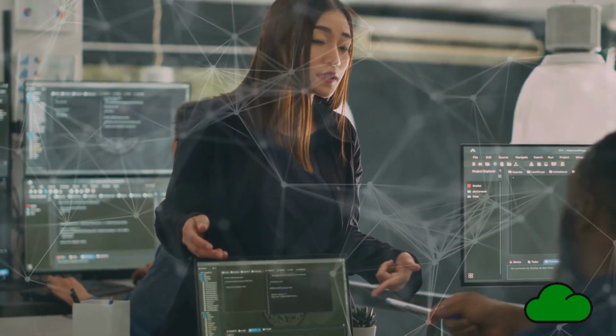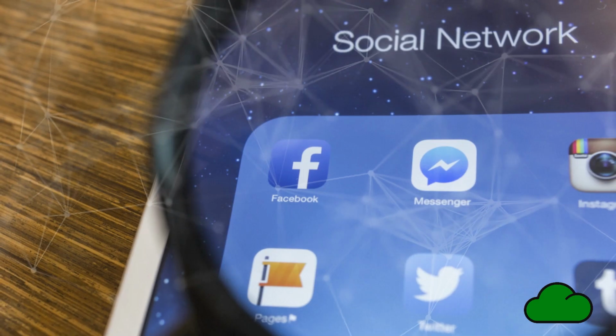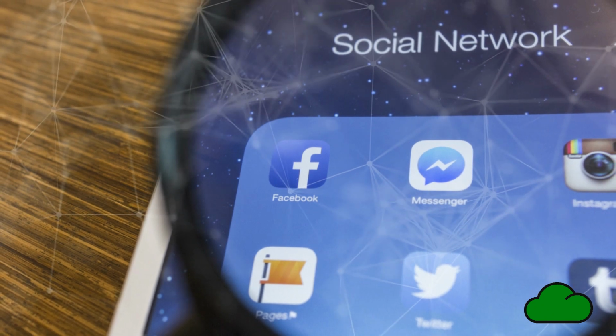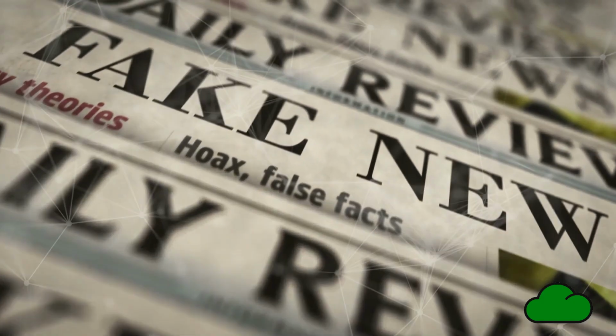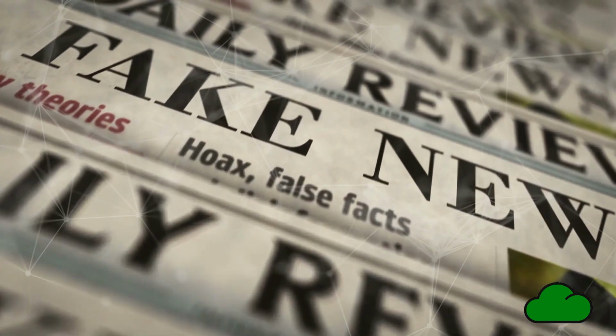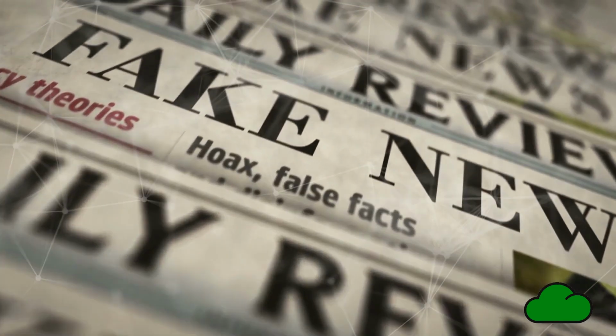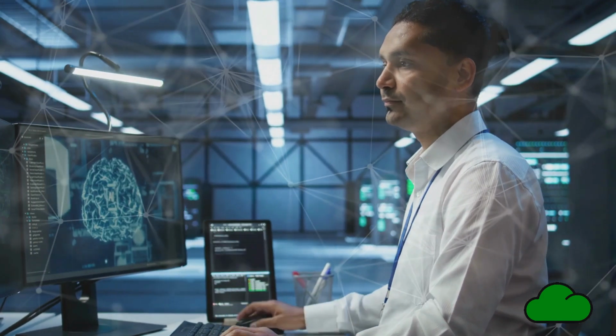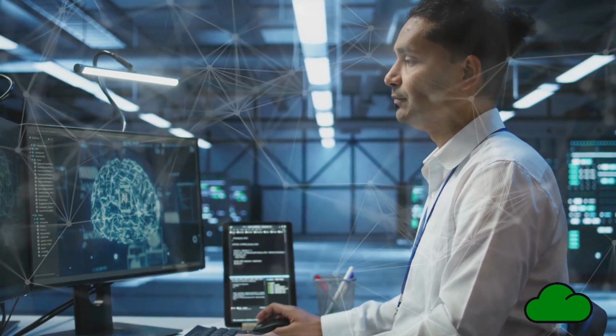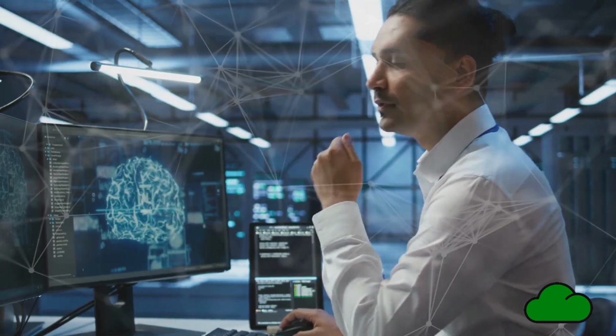Automated detection systems must be developed responsibly. We need to balance stopping harmful content and protecting free speech. Not all false information is malicious. Some are genuine mistakes or satire. Detection systems must differentiate between intentional disinformation and less harmful false information.